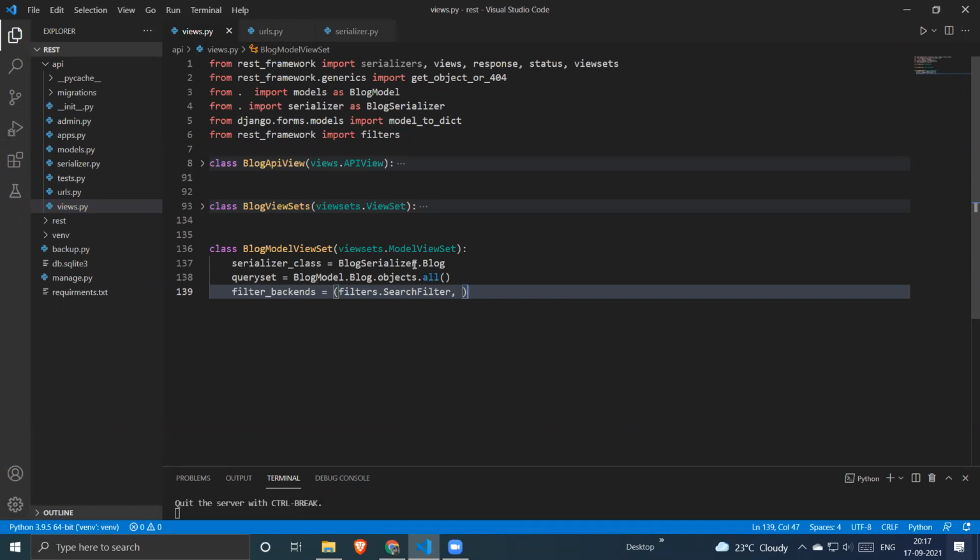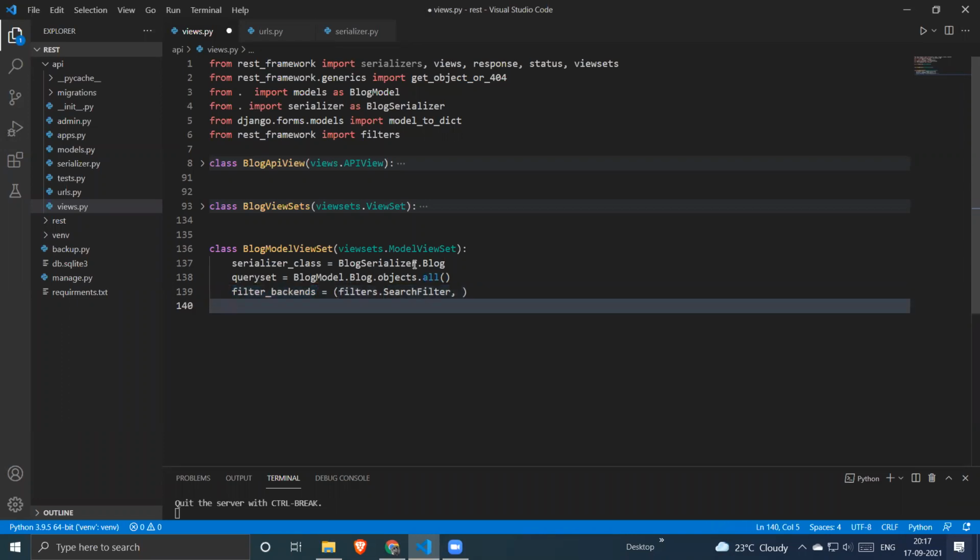So always make sure if you are dealing with the model view set, you should define predefined functions in tuples instead of list or dictionary. Okay, so we define the filter backend, which will be search filter.